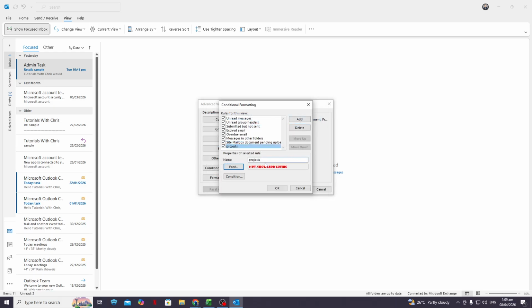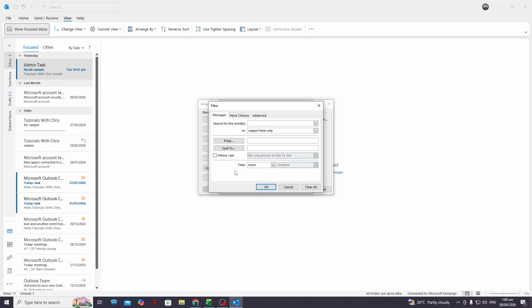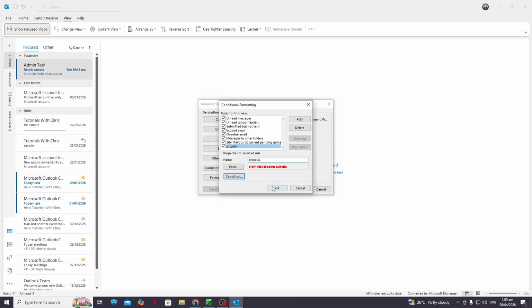Now we need to tell Outlook which emails this color rule applies to. Click the Condition button. This opens another window where you can set the criteria for the rule. You can choose emails from specific people, messages with certain words in the subject line, or even emails sent only to you. Set the conditions that match how you want to organize your inbox. Then click OK. Finally, click OK again to close the conditional formatting window, and one more time to close View